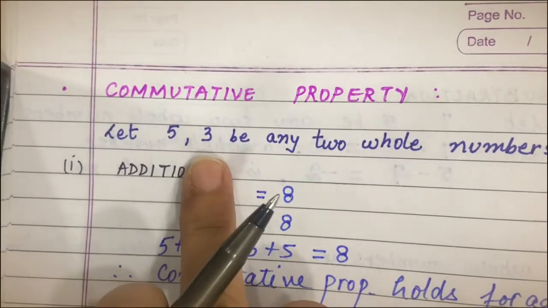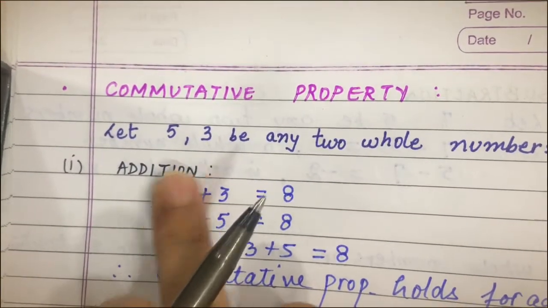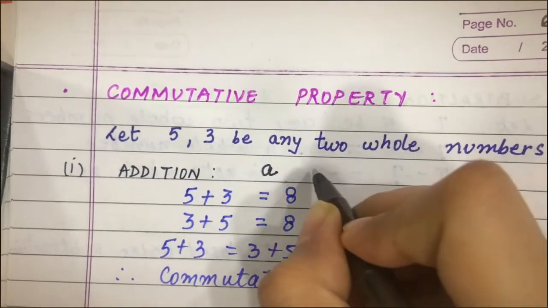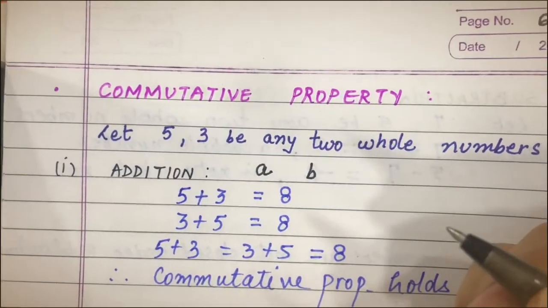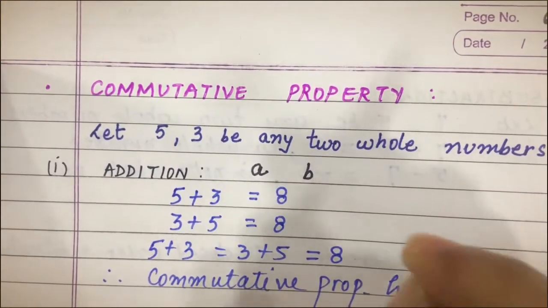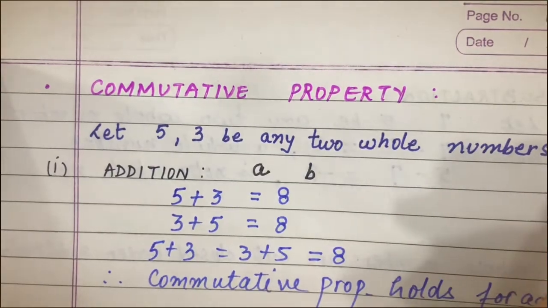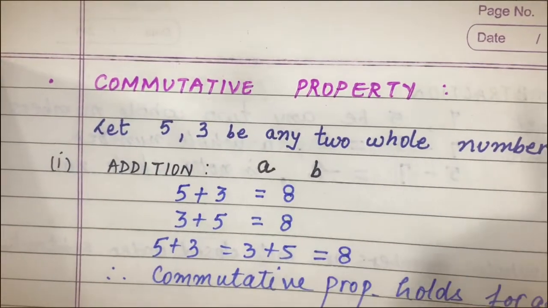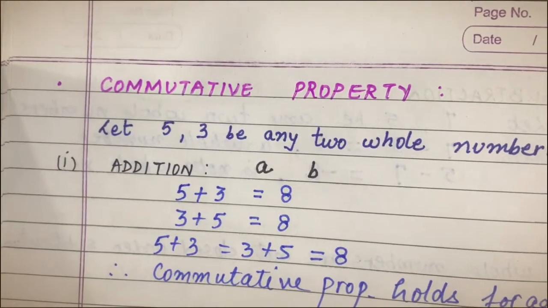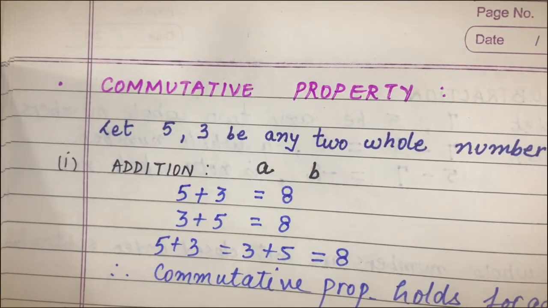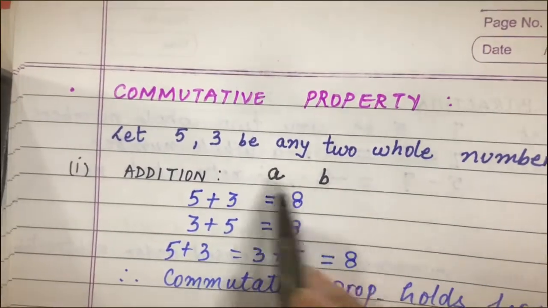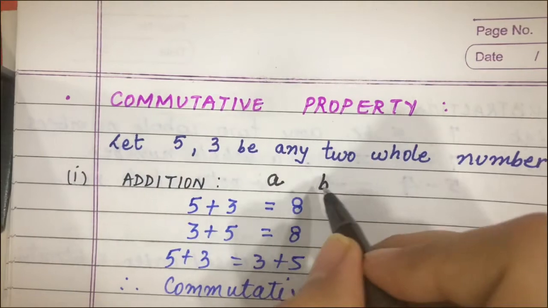Since we have taken specific examples, if we want to write them in general, for addition, what will we write? Let's assume any one number to be A, any other number to be B. A and B show that the numbers are not fixed. So depending on the children, you can assume any number of your choice. It might be possible some child is assuming some number and another is assuming some other number. If we write 5 and 3 only, that will be fixed. That's why we write small alphabets A and B.